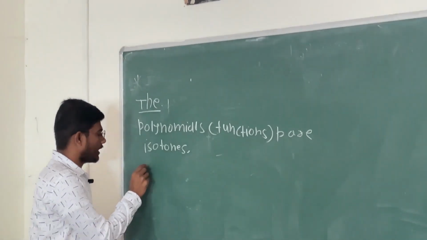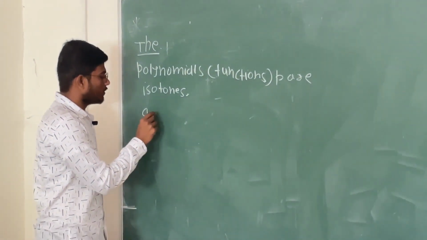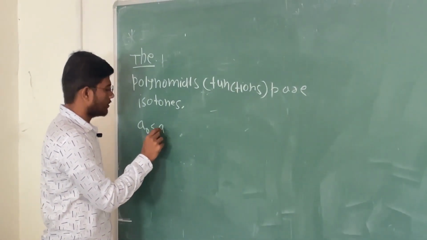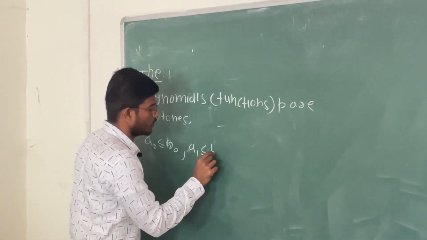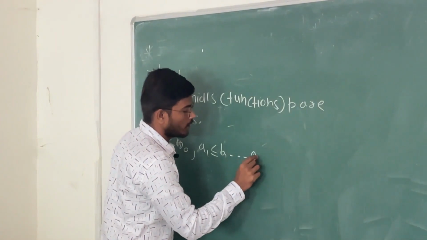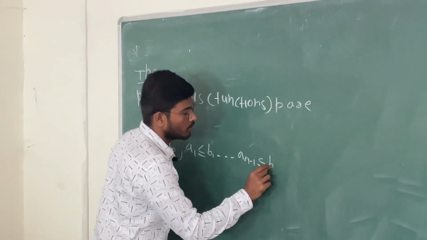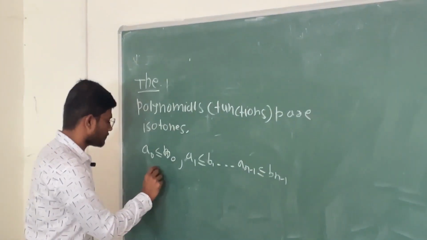If we write it mathematically: if a0 is less than or equal to b0, a1 is less than or equal to b1, up to a n minus 1 is less than or equal to b n minus 1, then